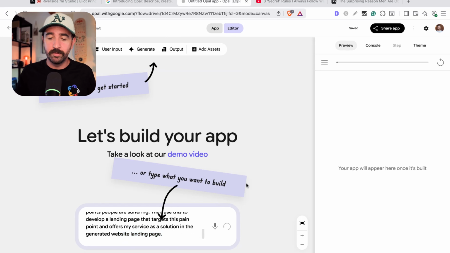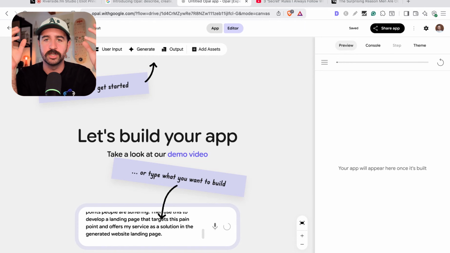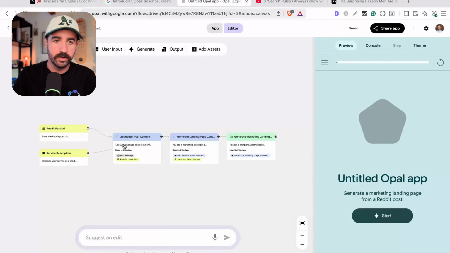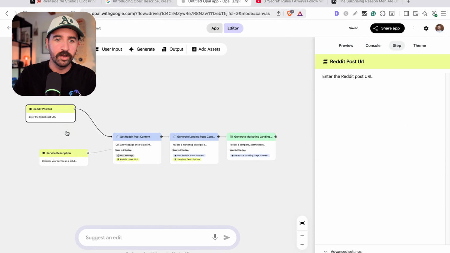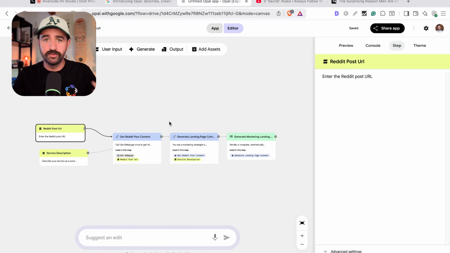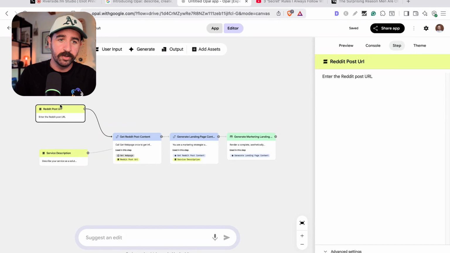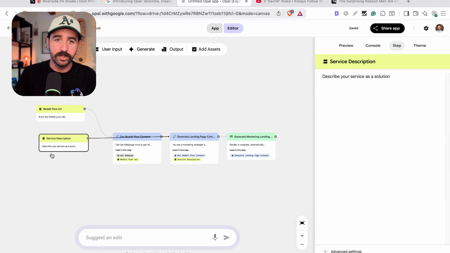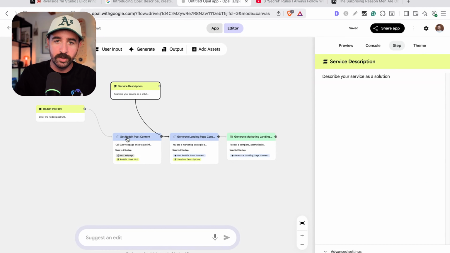So let's see how we get on with this. Feels a little more complicated, but maybe it won't run into that content problem of getting into YouTube and finding that information so much. It's just going to need to pull the text off Reddit. Okay, here we go. So it's built out the workflow again. You can see it just builds these workflows really, really quickly, which is really nice. Reddit post URL, service description of the inputs, and it's going to get Reddit post content, mix it with the landing post, and generate marketing